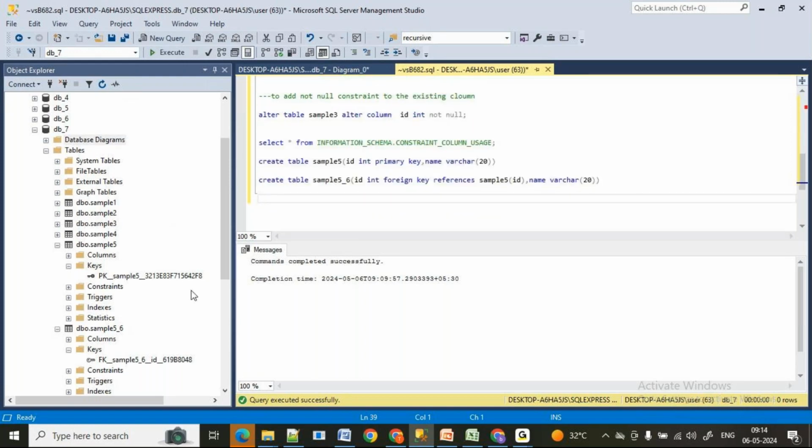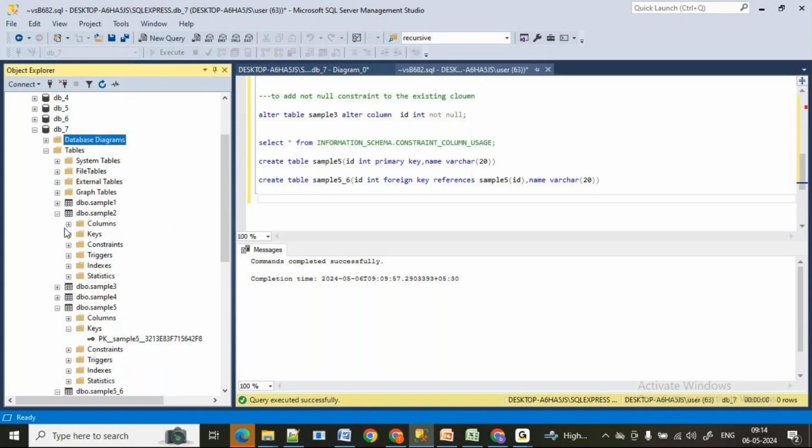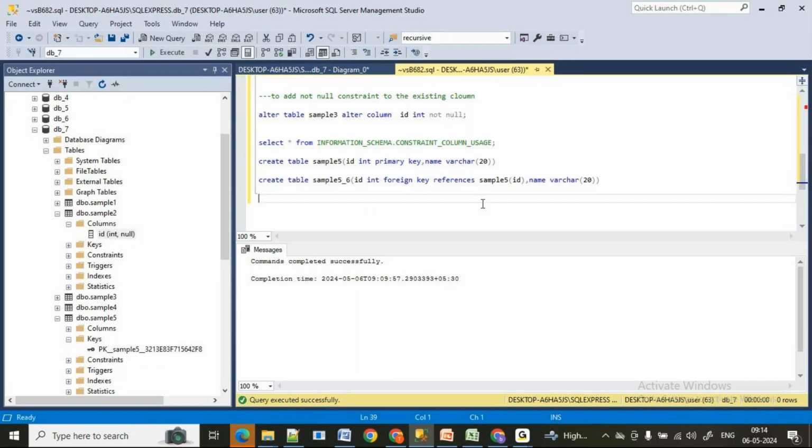Let me take a tricky table here. Yes, the id column with null. Okay, this is the thing. I want to add a constraint now. Sorry, a primary key constraint. Remember, here is a beautiful concept.